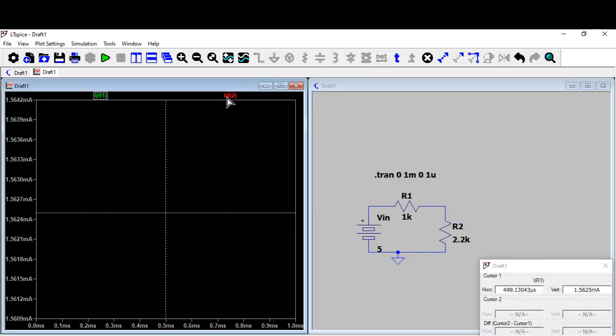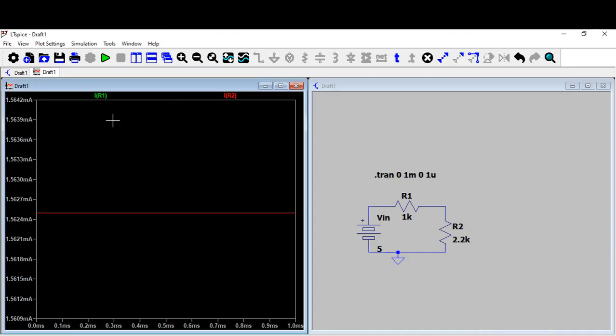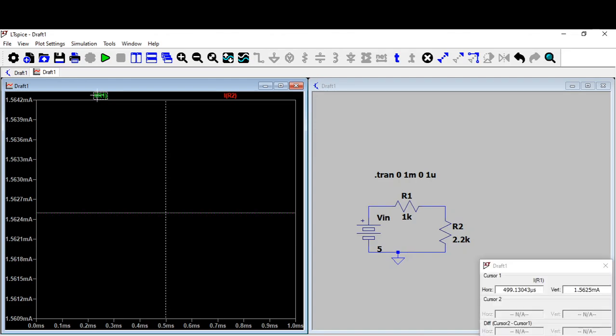Actually red and green are overlapping each other because the current is the same. Okay, let me show you how to get that cursor. So now you can click on one of the cursors. You can see if I click on this cursor, a cursor will come. If you click on this twice, you will get two cursors. You can see there are two cursors, cursor 1, cursor 2. Both are lying on IR1 and IR2. So you can see the current is